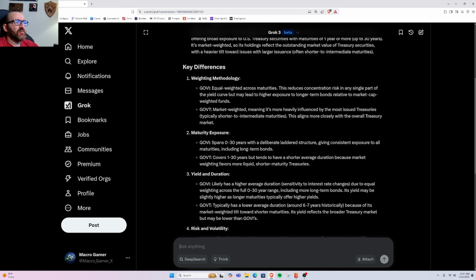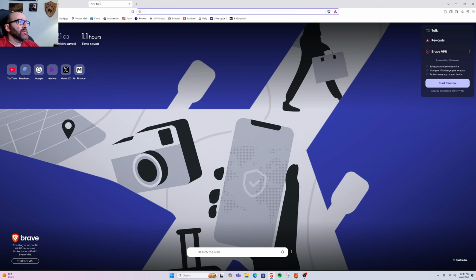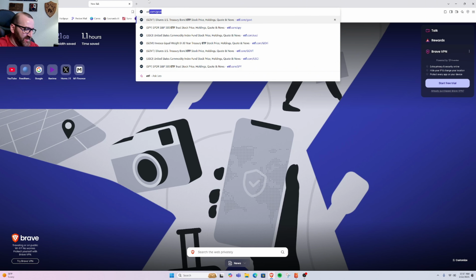So key differences, kind of what we just went over. GOVI is equal weighted across maturities. This reduces concentration risk in any single part of the yield curve, but may lead to higher exposure to long-term bond risk relative to market cap weighted funds. GOVT is market weighted, meaning it's more heavily influenced by the most issued treasuries, typically shorter to intermediate maturities. This aligns closely with the overall treasury market. So basically, because it's equally weighted, let's see,